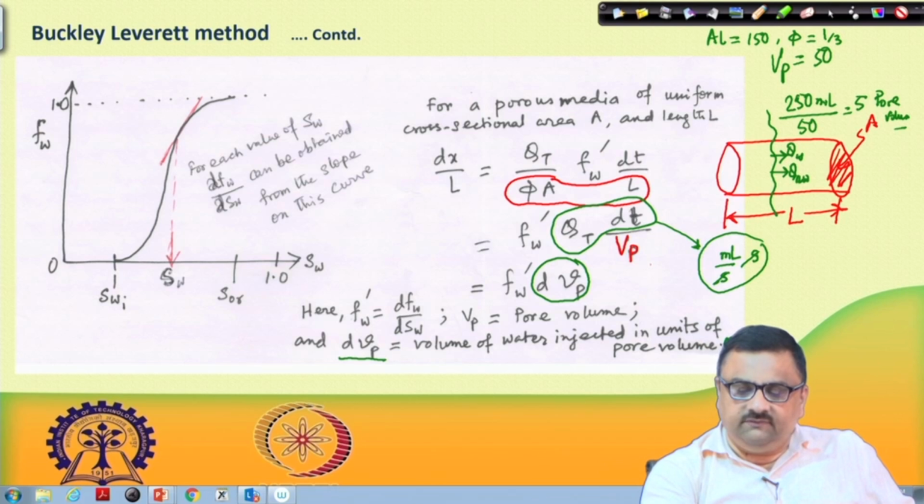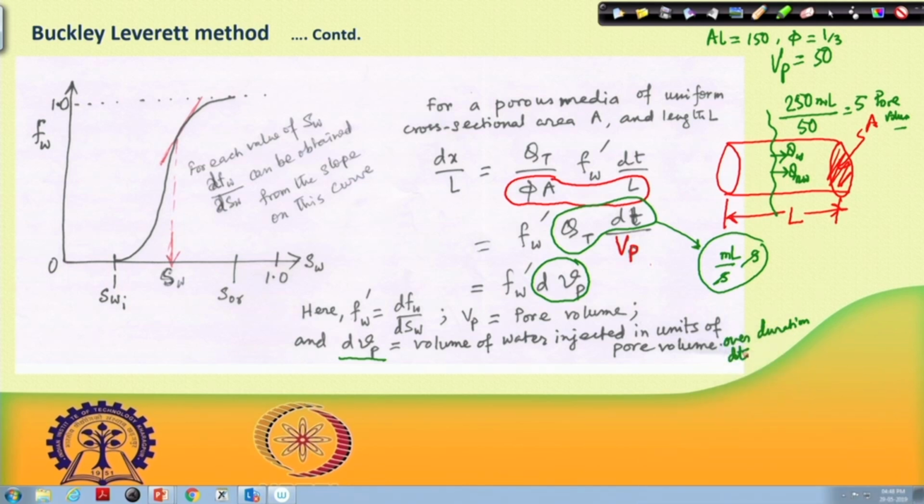Let us say, if we want to qualify this, over duration dt. So, what do we get here? dx divided by L is equal to Fw prime dVp, where dVp is over this time dt, I have injected